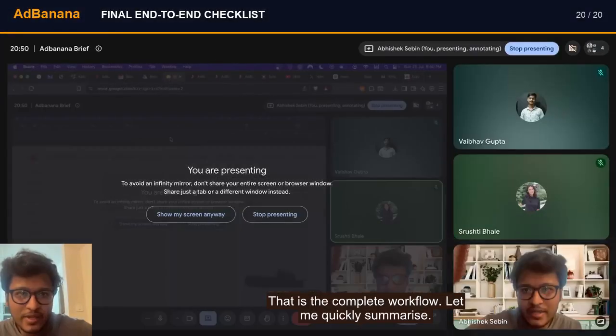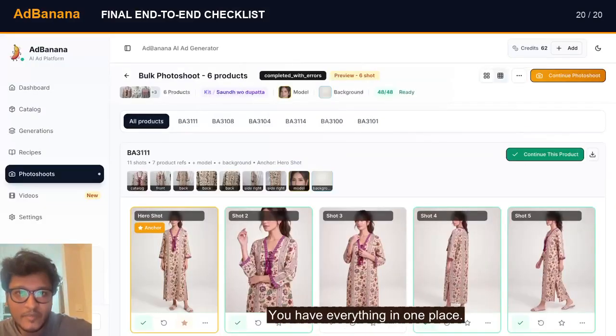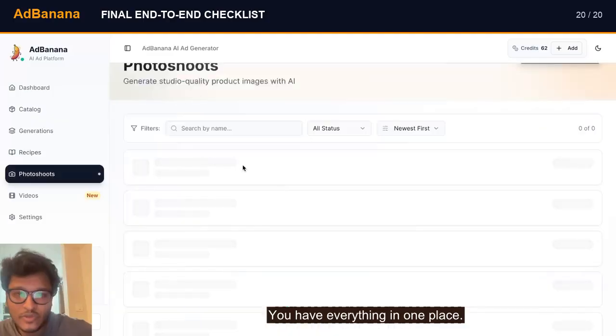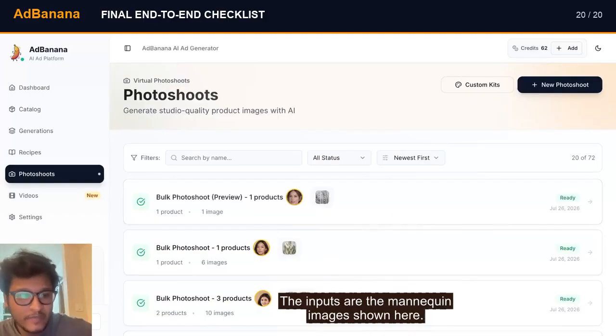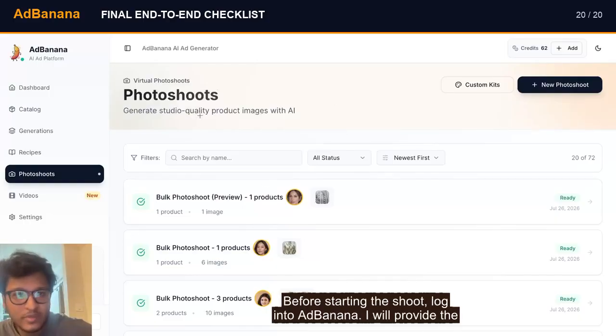So this is mainly all, guys. I will maybe just quickly summarize so you have everything in one place. The first thing is when I give you the assignment, I will give you the input images only. So the input images is basically these kind of images is what I'm talking about, the mannequin images, not this one,